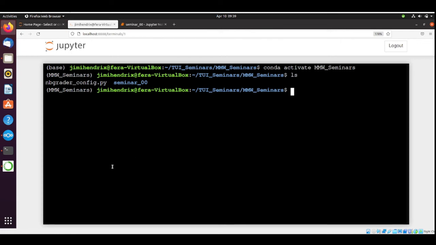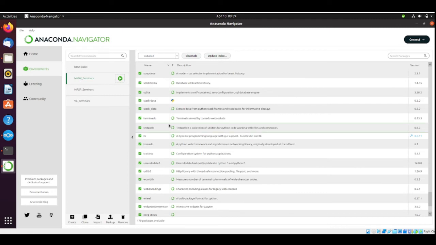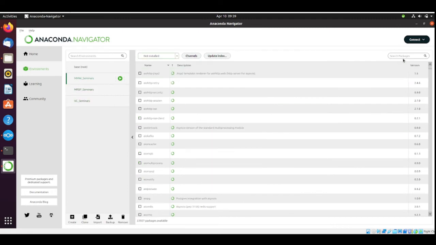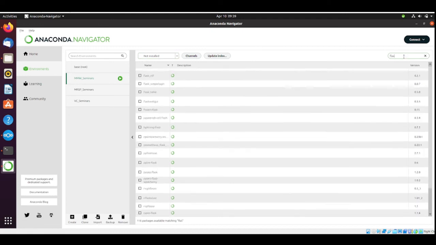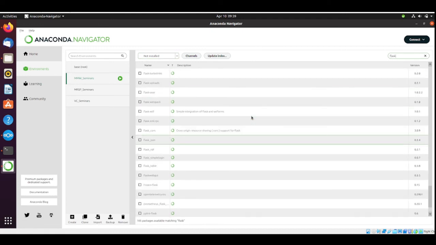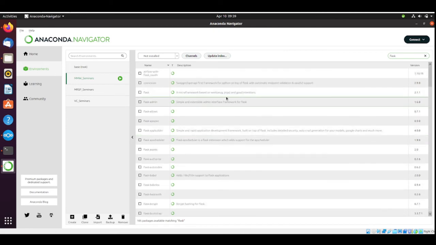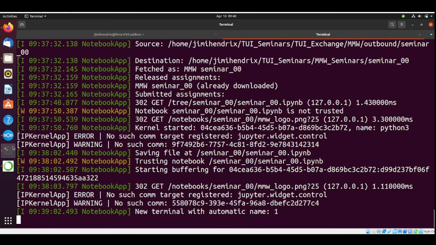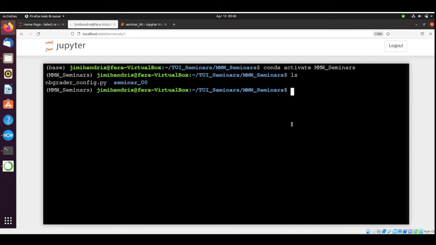He could do it going back to the NBGrader, not installed, and then look for Flask, and then he would install Flask from here, or he is there in the terminal from inside Jupyter Notebook, and he can do